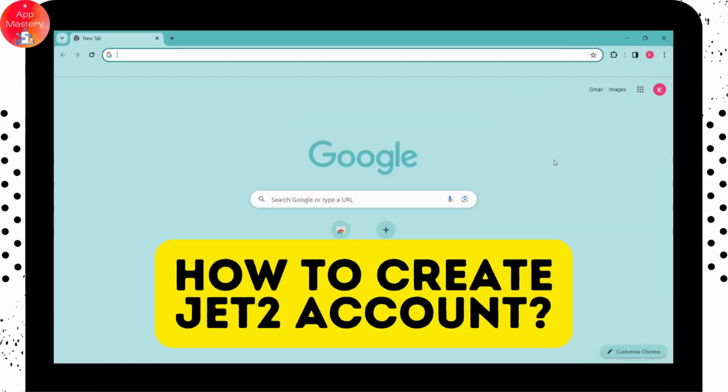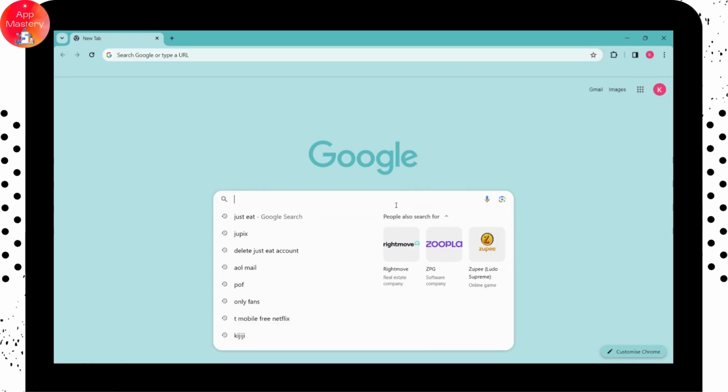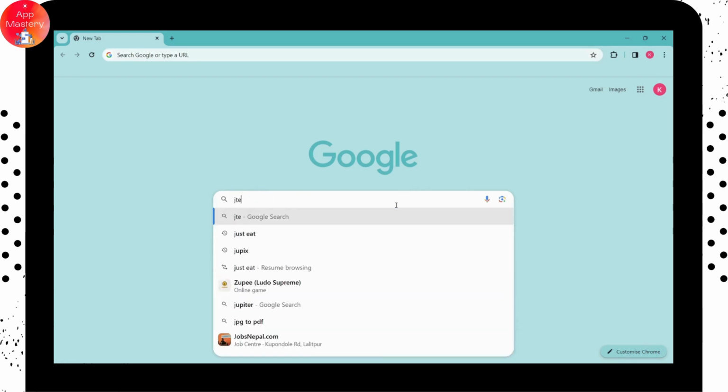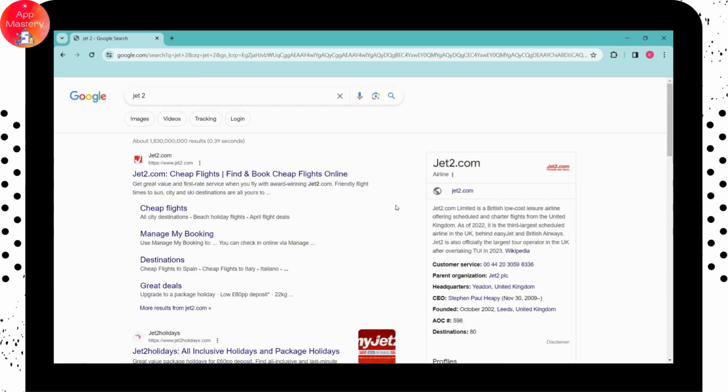How to create Jet2 account. So if you want to create a Jet2 account, then first open up a browser. I'm here with Chrome browser, and go for the search bar and search for Jet2. Once you've searched, here you will have www.jet2.com. Click on that,